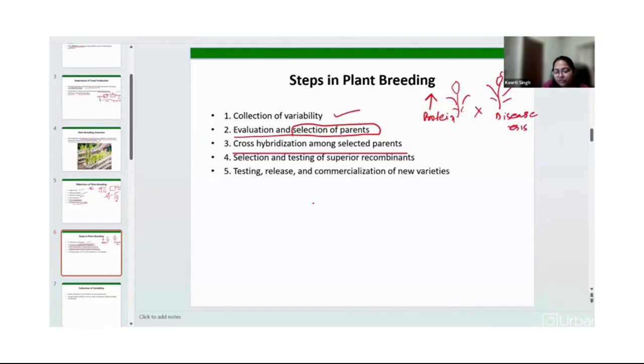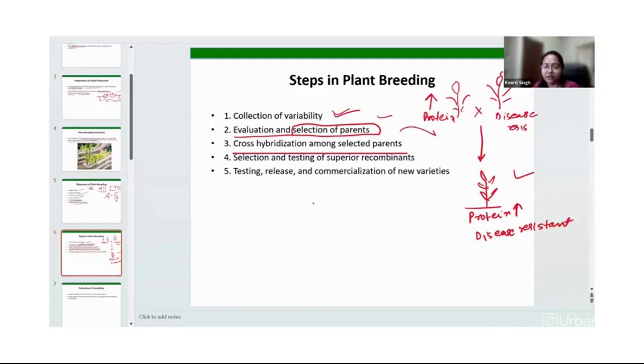So if we are going to cross these two plants, what we will get? We will get a plant which is producing protein in high amount, and also this plant is disease resistant, right? So we want these type of desired characters, right? Depending upon the type of experiment somebody is designing, this collection and selection depends on that particular plan, right? I have just given a simple example,